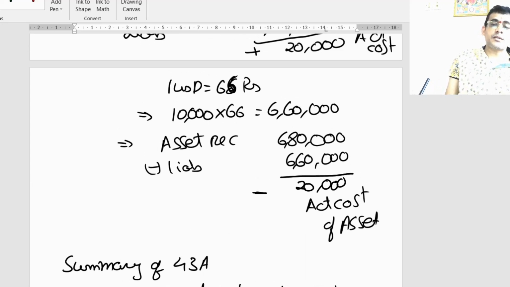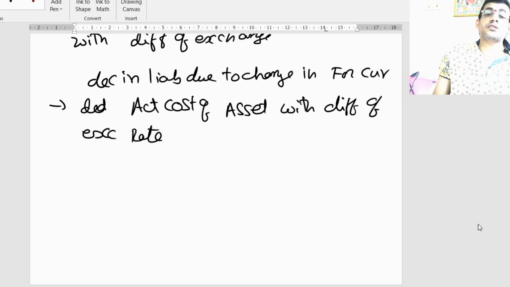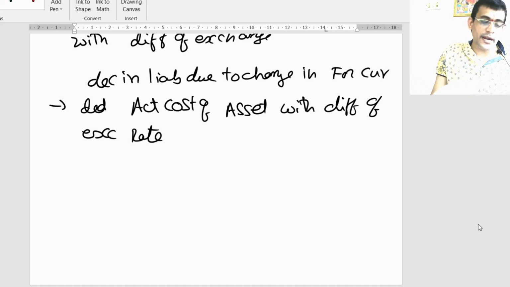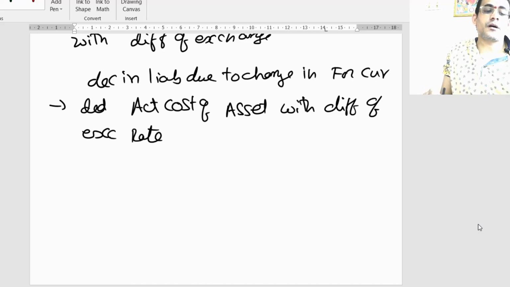That's it. So with this, I can say the entire section 32 is done. Clear? In the next class, we will proceed with some other topics: unabsorbed depreciation and depreciation in the case of power generation. Already we have discussed terminal depreciation and balancing charge, which we will quickly summarize. Then we'll move on to investment allowance 32AD, then additional depreciation. With that, I can say the complete provisions regarding depreciation are done. Clear? So let us stop for now.